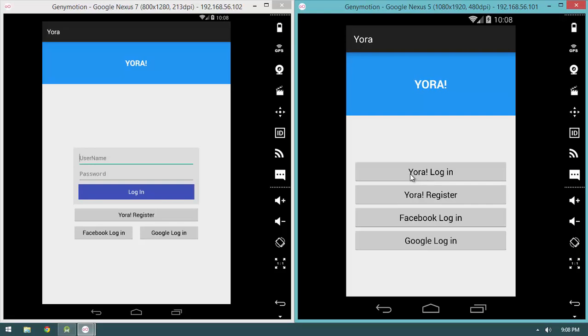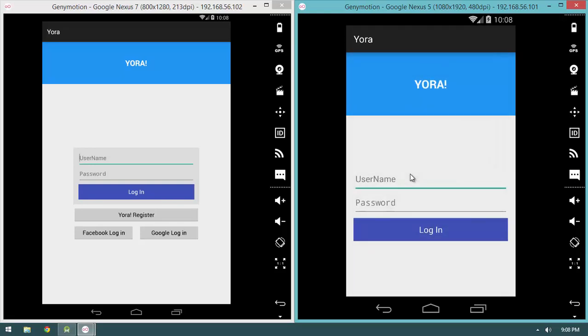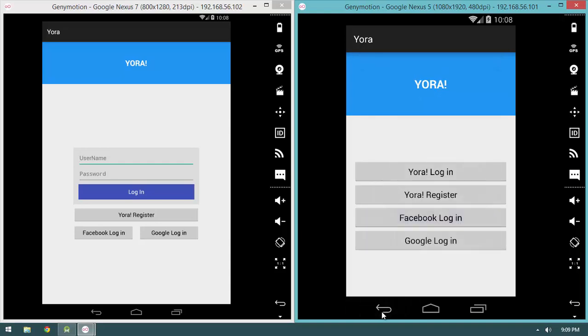When I press this login button, however, which isn't present on the tablet, I get taken to a new activity. I want the real logic for what happens when you successfully log in not to be repeated. Meaning, I want this parent activity, the login activity itself, to be notified when a